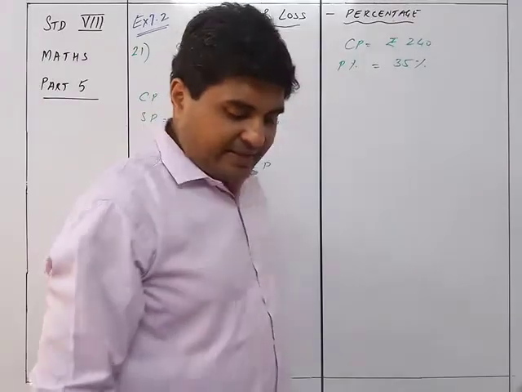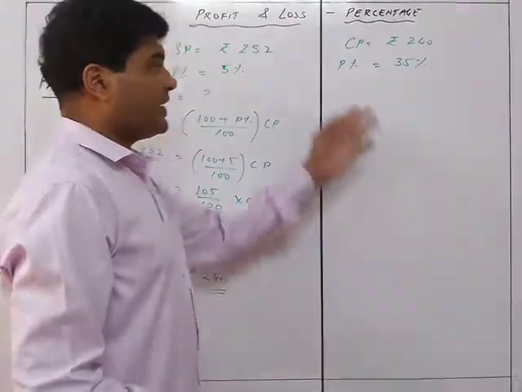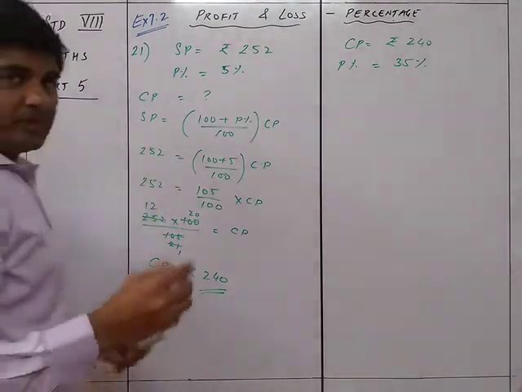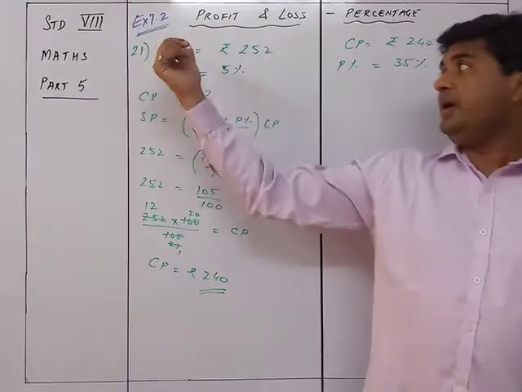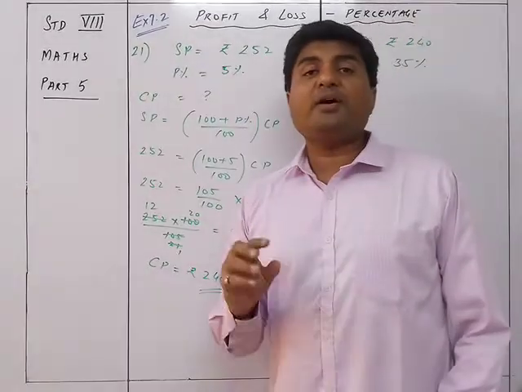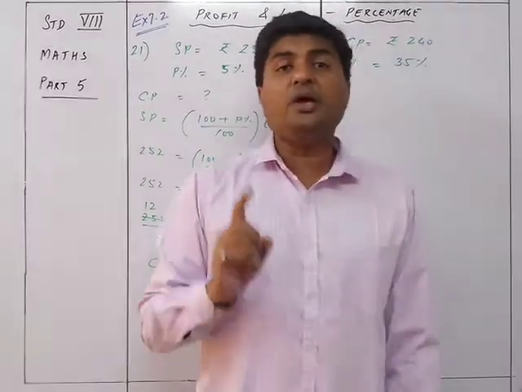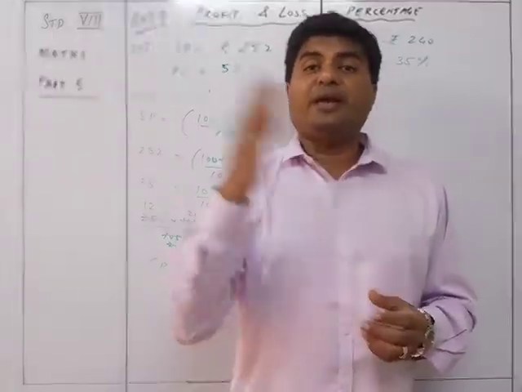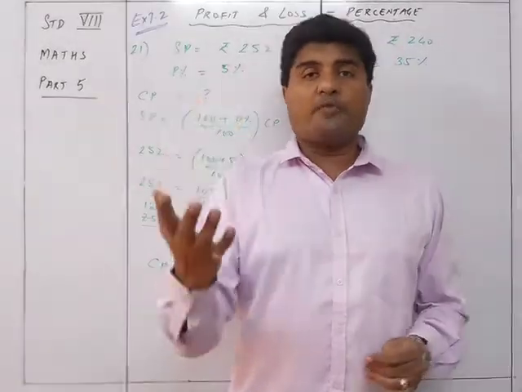They say that if we want to sell it at a profit of 35%, what will be the selling price? Now again it's a simple thing, same formula, but now we are finding out the SP. Initially we were given the SP and the profit percent and we found the CP. Whenever you are selling the same article, the CP is going to remain constant, because that is the cost price at which you are buying. The selling price may differ depending upon whether you are making a loss, a profit, more profit or less profit.